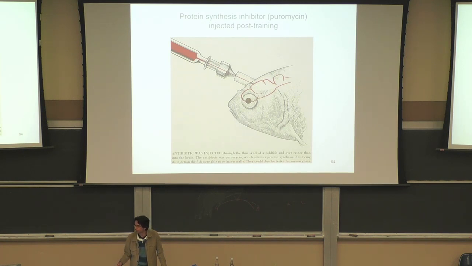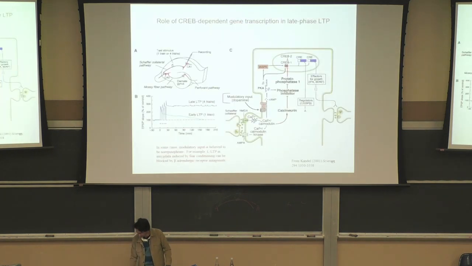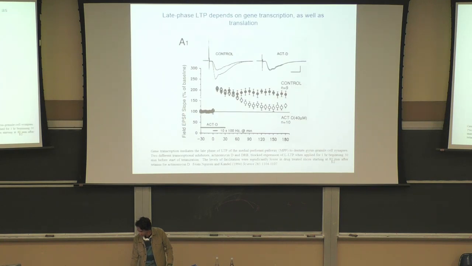So I'm getting a little confused in meshing these, because before you said if you inhibit protein synthesis within the first 90 minutes, it doesn't affect long-term potentiation, or it doesn't affect the long-term memory. But with the goldfish experiment, it was the opposite, where if you give the protein synthesis inhibitor between immediately after and 90 minutes after the learning, then you do block. But, sorry, which one did? A few slides ago, there's no effect of the inhibitor in the first like 60 to 90 minutes, but there is after.